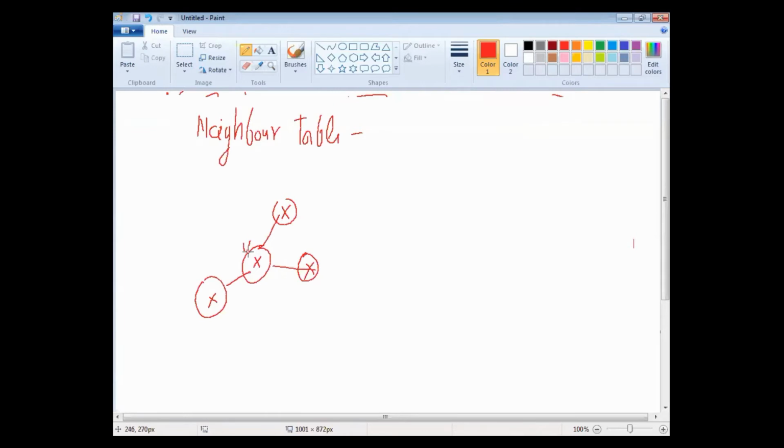So R4 has R1, R2, and R3 in its neighbor table. If we see the neighbor table on R1, it will show R4 only. Then R2 shows R4, R3 shows R4. If it is like this, R2 will show R4 and R3, and R3 will show R2 and R4. So this is the neighbor table in OSPF.